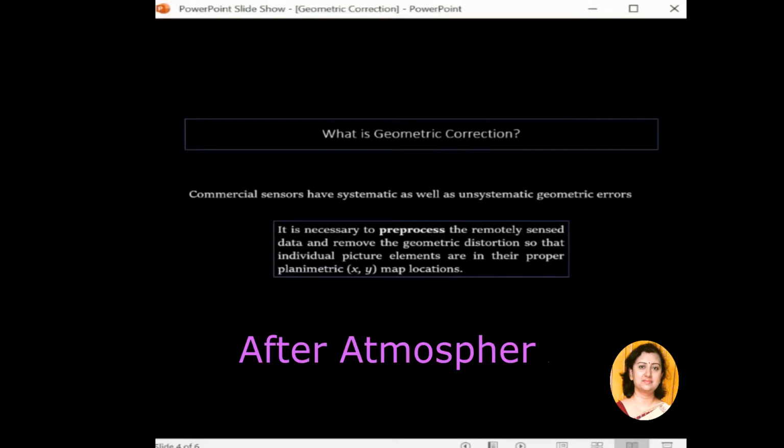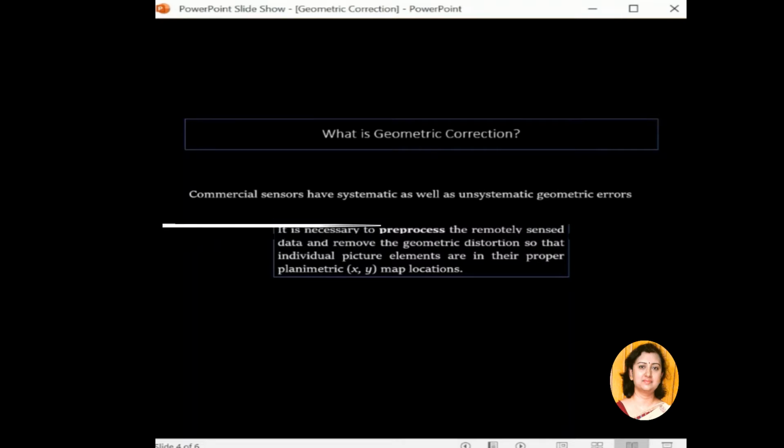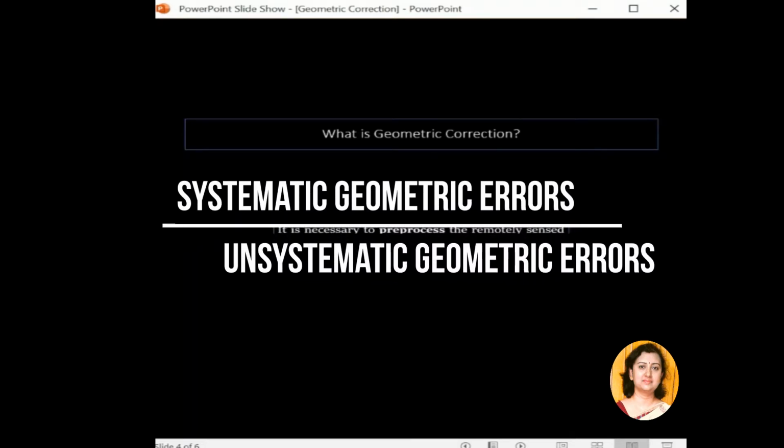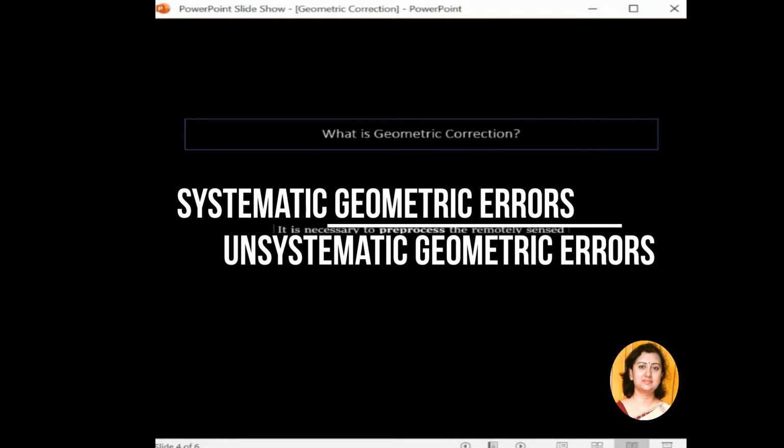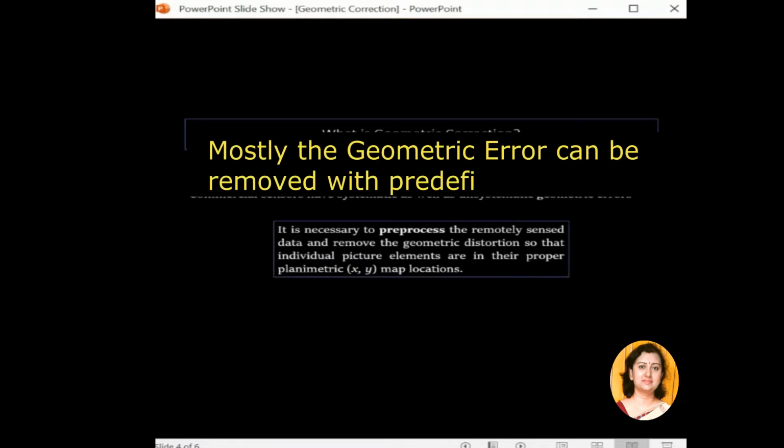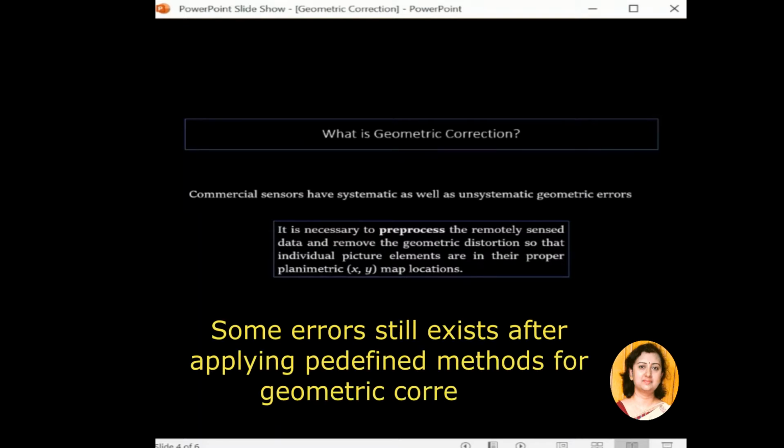Now, along with the atmospheric generated errors that we had discussed in our previous classes, most commercial sensors have systematic as well as unsystematic geometric errors. Now, the systematic errors are removed in most of the cases, but unless otherwise processed, the unsystematic error remains in the imagery.